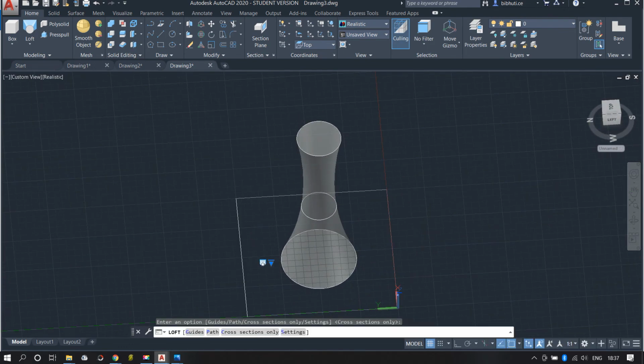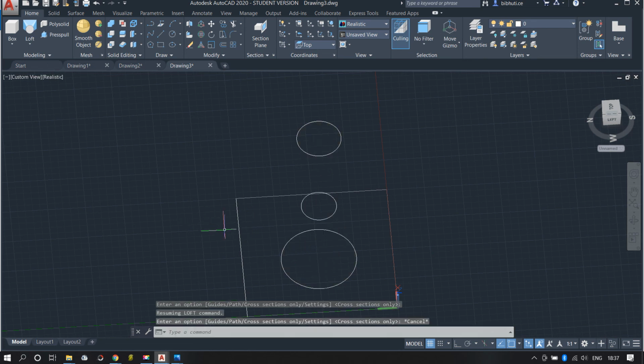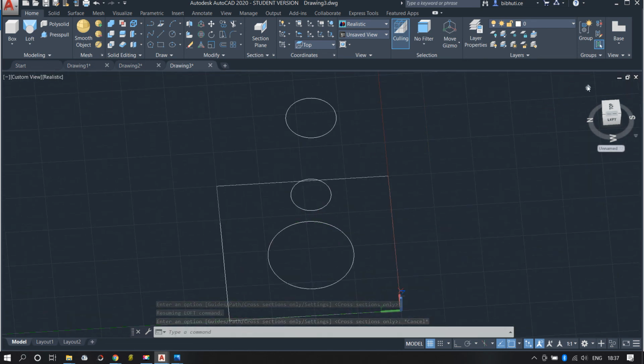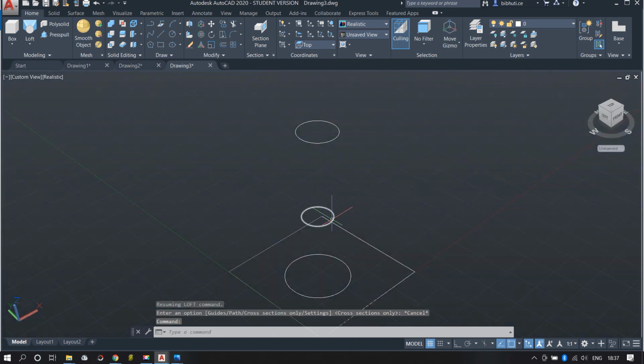similarly revolve, I think I showed you yesterday. Revolve is also like it's a very